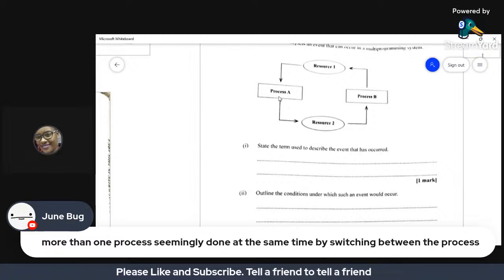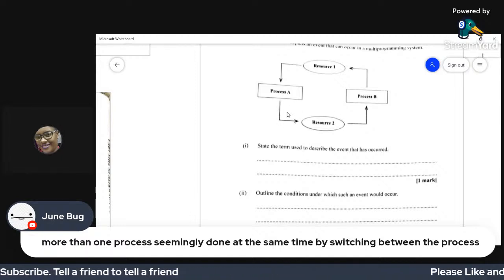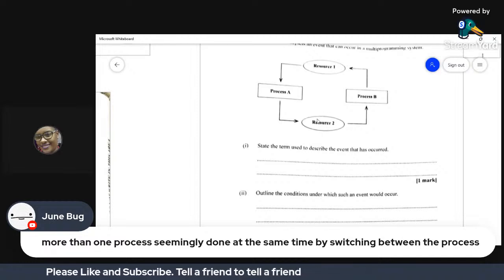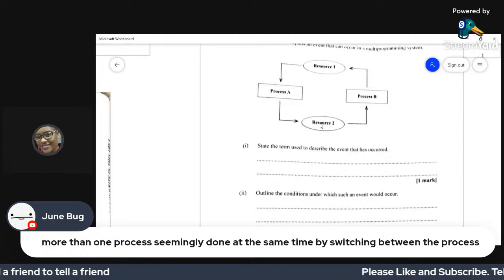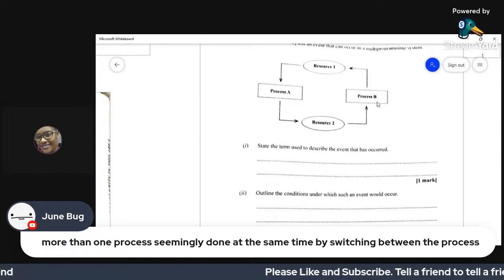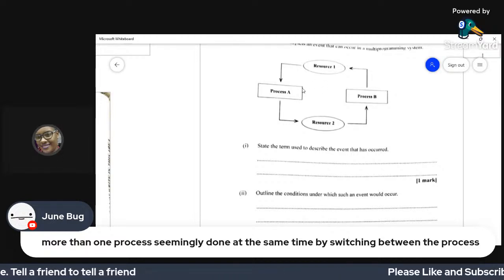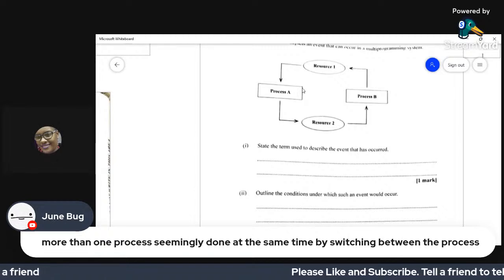So right here, what we are seeing is that process A requires resource 2, which is being held by process B. Process B also requires resource 1, which is held by process A. So basically, it is in an entanglement.